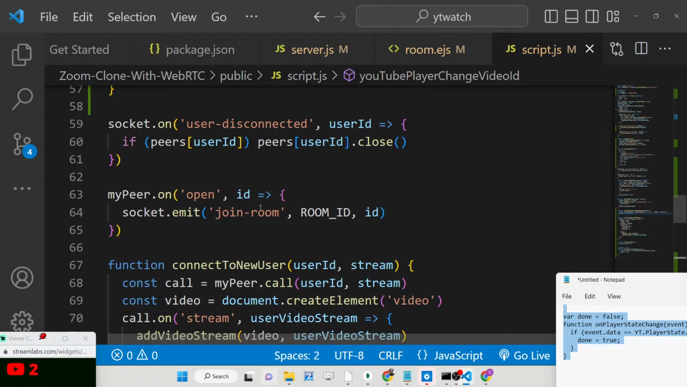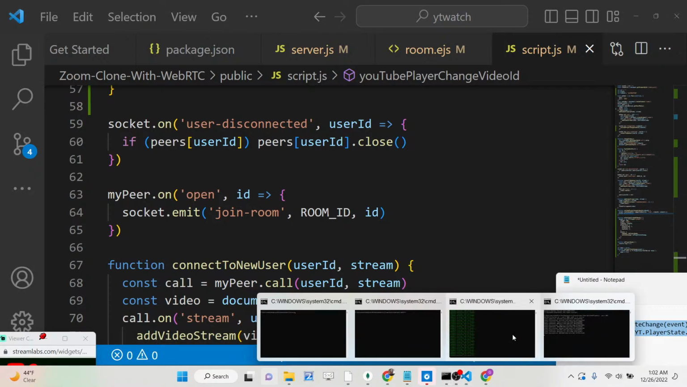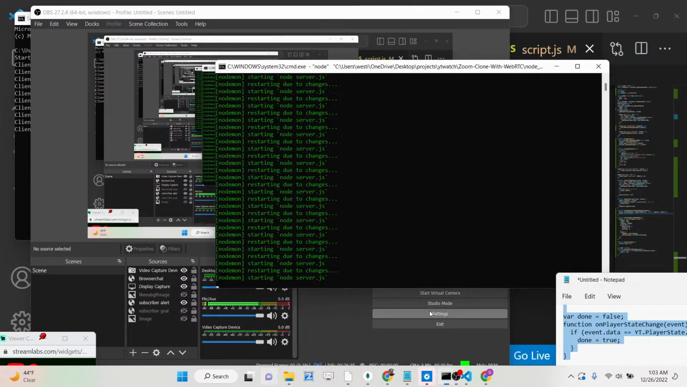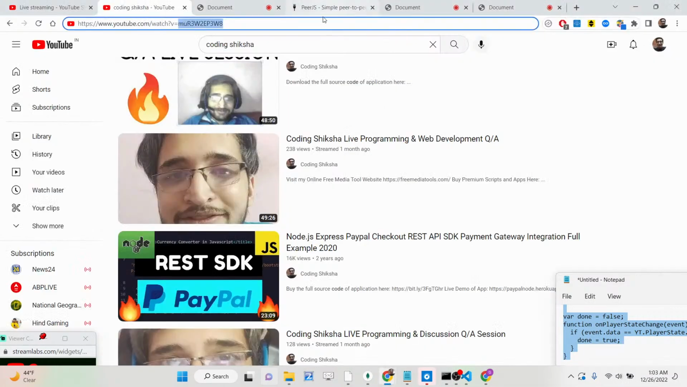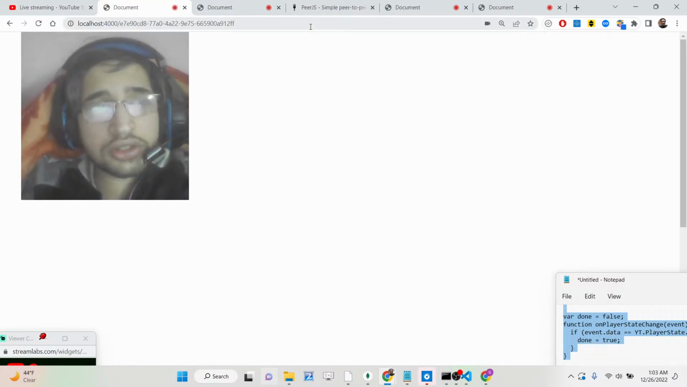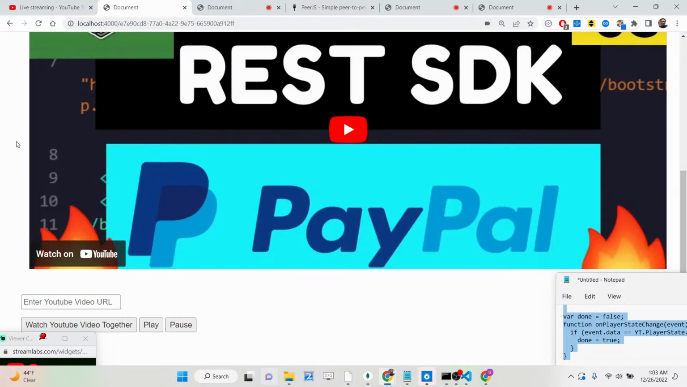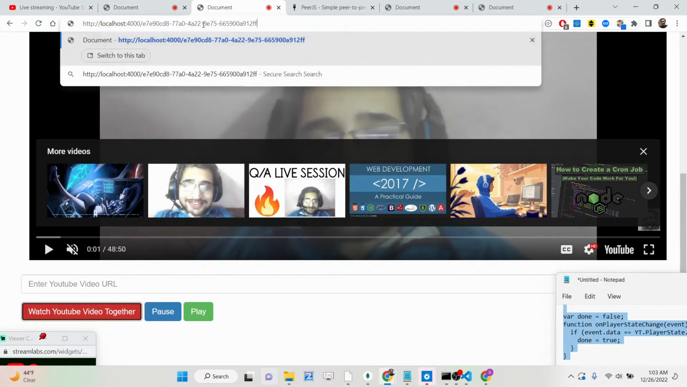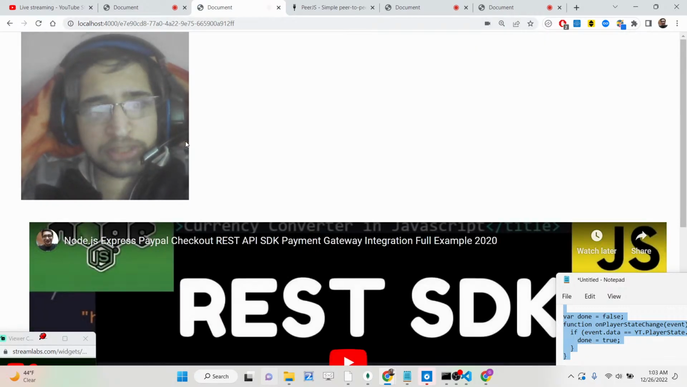So now basically if you run your application at this moment of time, what it will do, if you just go to localhost 4000, you will see your video will be loaded out there. And now if you open this inside a new tab, the same room ID, you will see basically,